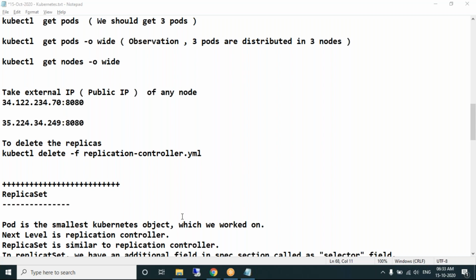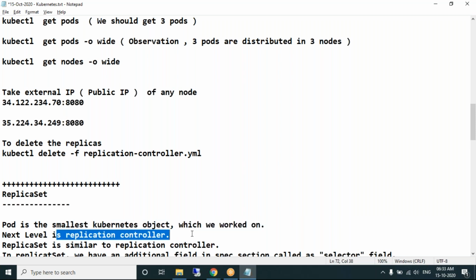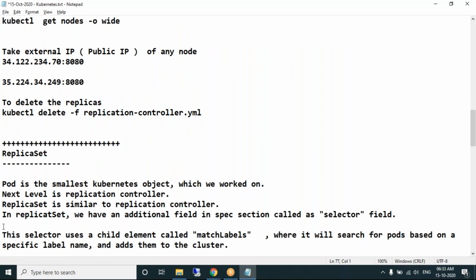Replica set. Pod is the smallest Kubernetes object which we worked on. Next level we have discussed is the replication controller. Now the new concept we are learning, replica set, is similar to replication controller. In replica set, we have an additional field in the specification section called the selector field.